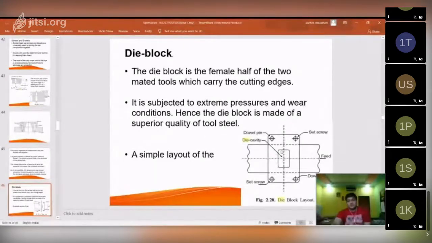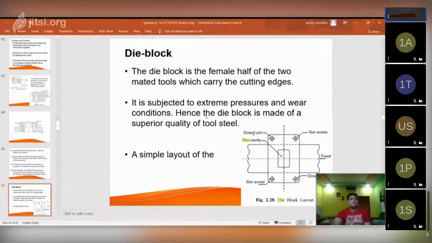As shown in the figure, there is a die cavity and these are the cutting edges of that die block. The feed of the sheet metal is shown horizontally. So this is the sheet strip which is fed, and this is the die block.